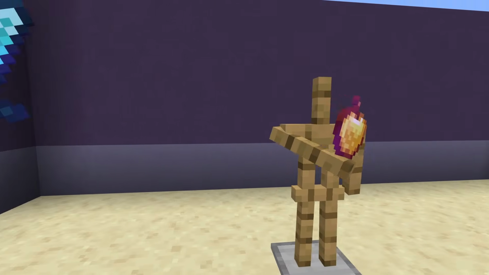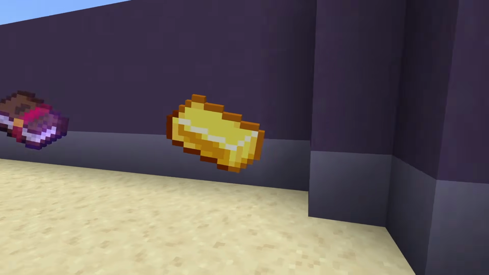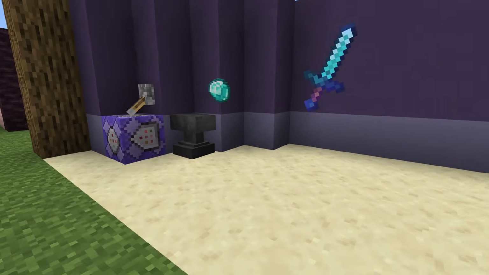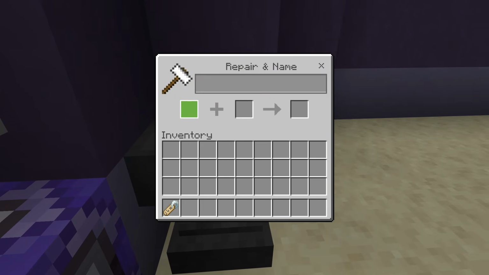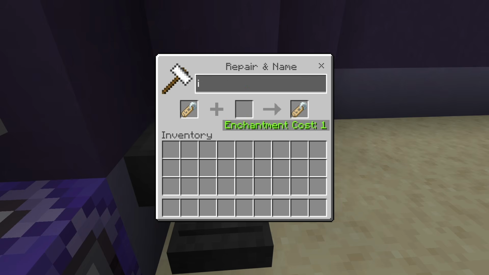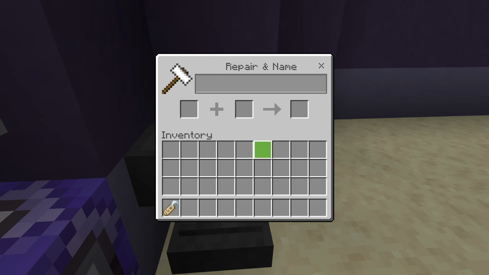To get your armor stands to become invisible item frames, you simply need to name your armor stand invis, or whatever you called it in your command block. Make sure it's spelled the exact same. So if you're following my exact command, it'll be all lowercase. So I'm going to go right here. I'm going to type invis as the name, and I'm going to name this name tag just inside of a normal anvil,